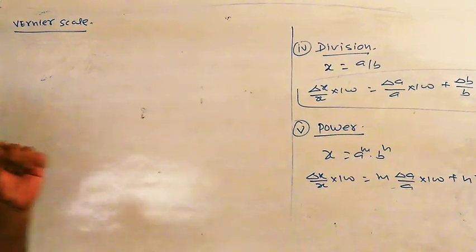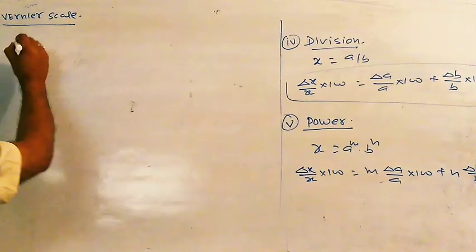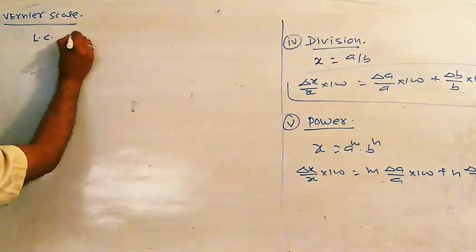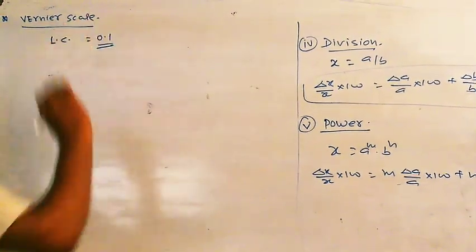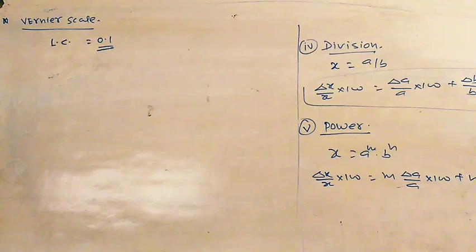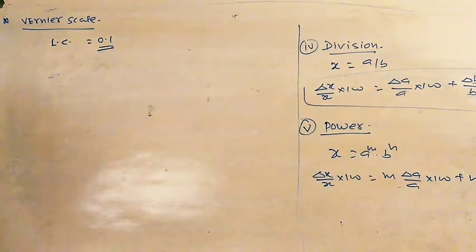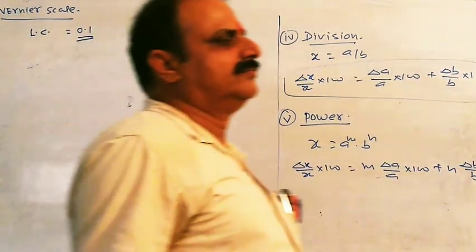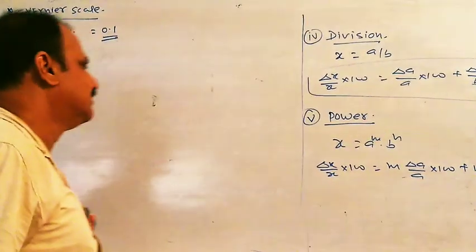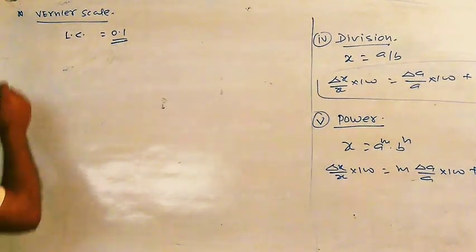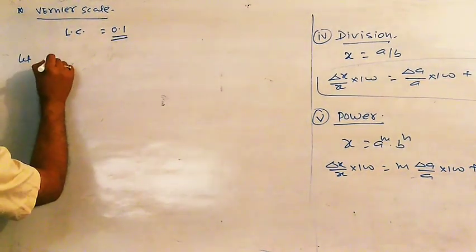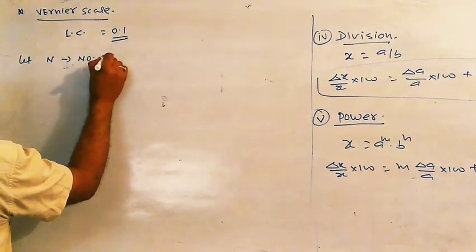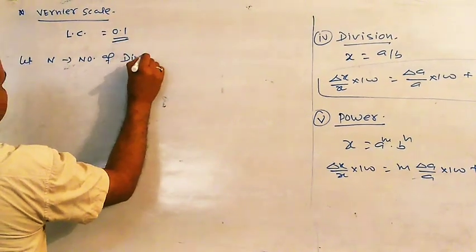The standard least count of vernier scale is 0.1 cm. LC इसका होता है 0.1, जो भी होंगे. But in general question we have to find the least count of vernier with respect to the main scale. इसके लिए पता करते हैं, let n is number of division